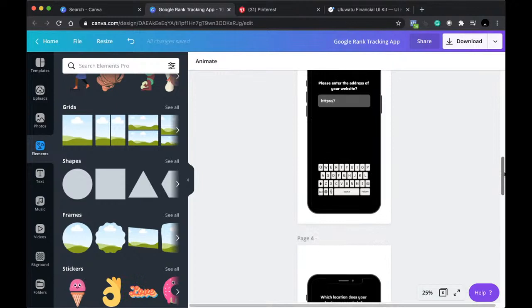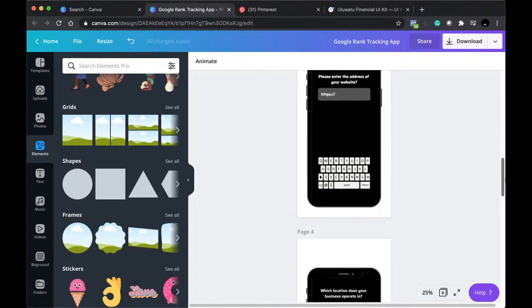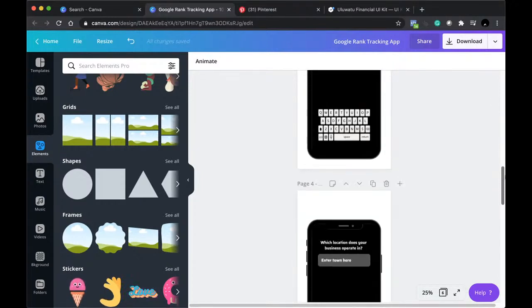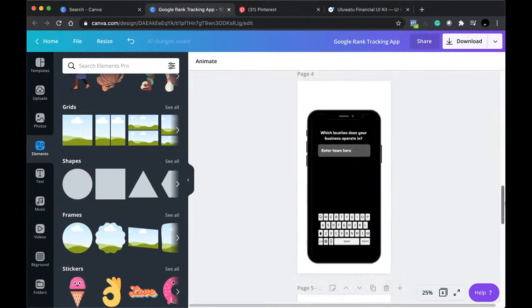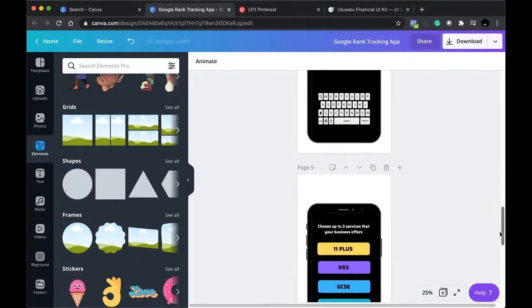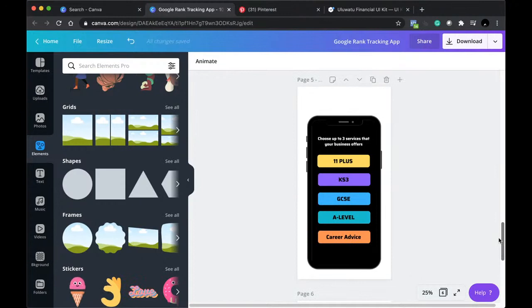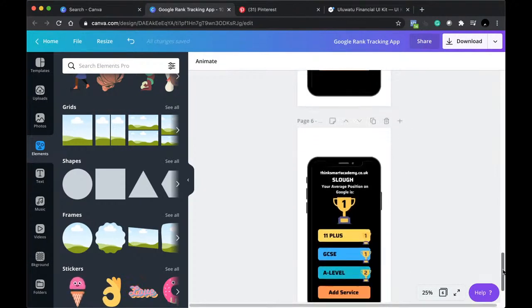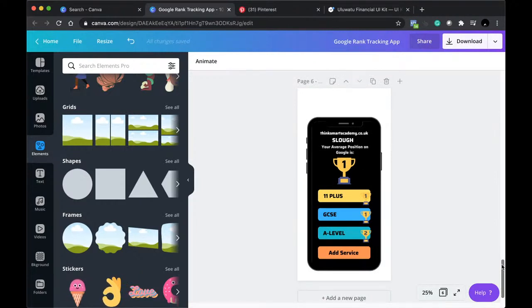So far that's really good because they've only had to enter text twice in this whole app, which is their website address and the location, and then they just choose what services they offer, and then our app is going to go away and crawl Google and find out their positionings and work out the average,